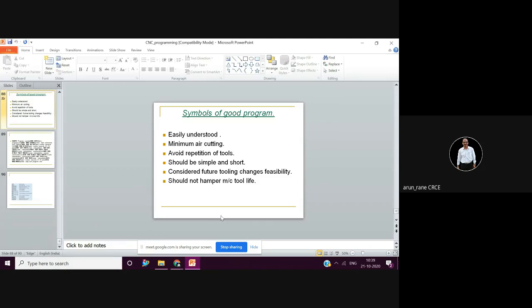And most of the companies have also stopped their third shift operations, because they realized this sleeping business, and the machine tool life is also in question. So they have stopped.